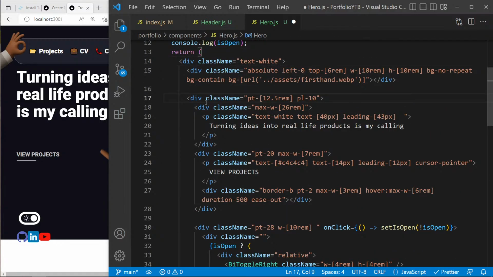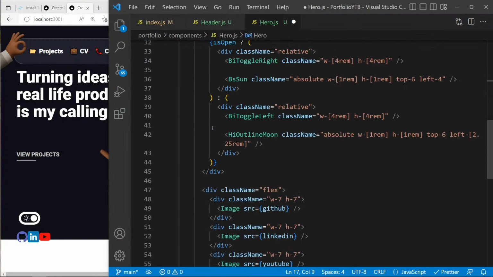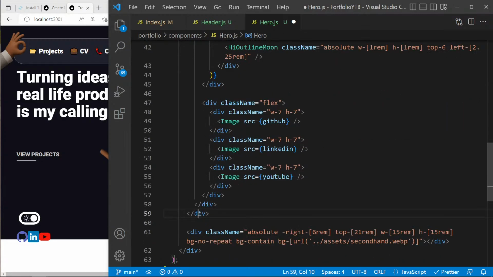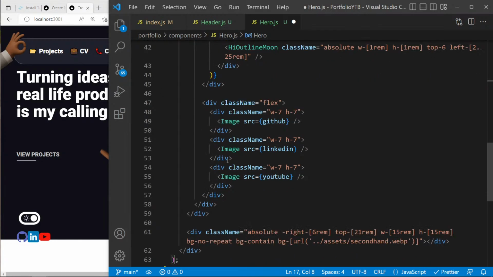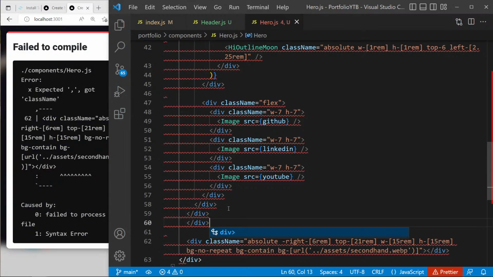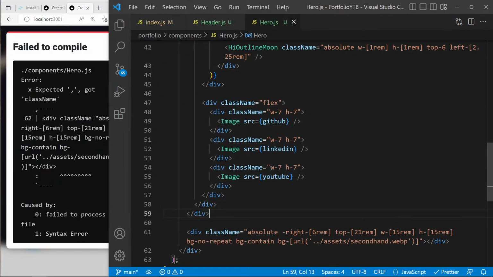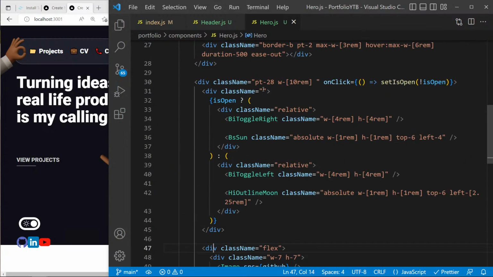Then we want the second div to contain everything before this. So I think we have to add another div just here and save. Nope, not a good idea. But then